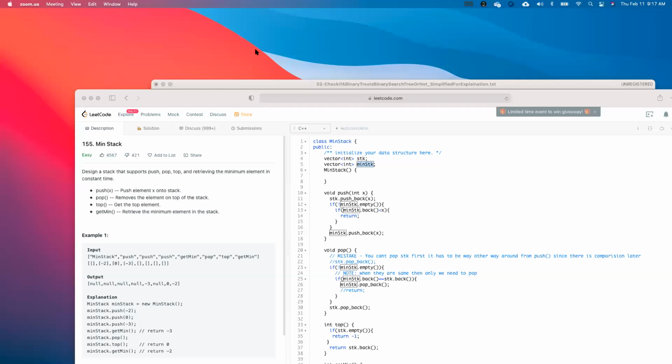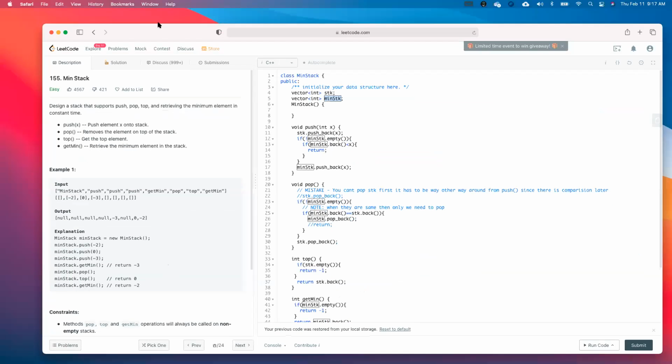Okay, good. So in the minimum stack, basically I am initializing two vectors of integers. One will keep track of the stack itself, like the elements, whatever we are inserting, popping, pushing. Oh, I am actually sharing, but I forgot to share my screen. Is it sharing now?